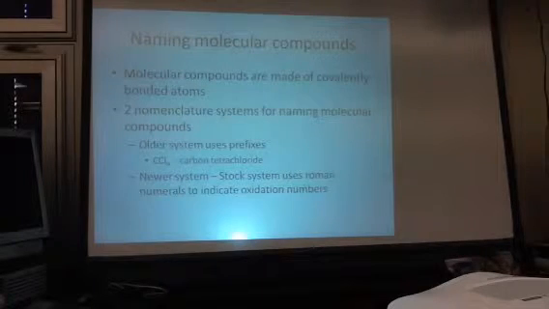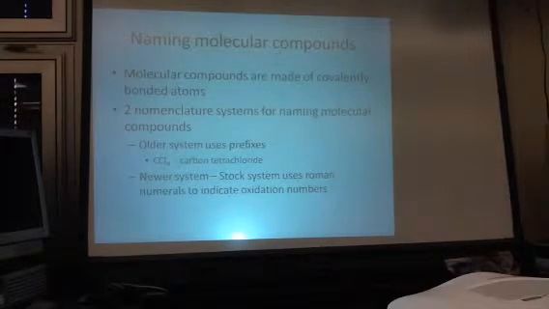I don't know if the stock system is more common now. We're going to learn the prefix system. If you go onto a college chem class, you'll at least be aware of the stock system. I don't know which one is predominantly used, and I'll email somebody at YSU and see if I can get an answer from them. So in the prefix system,